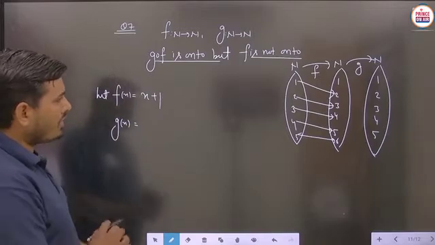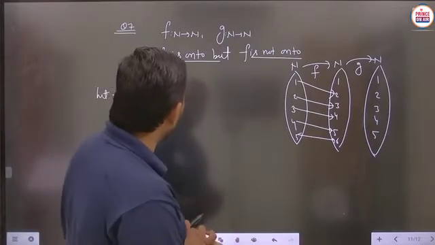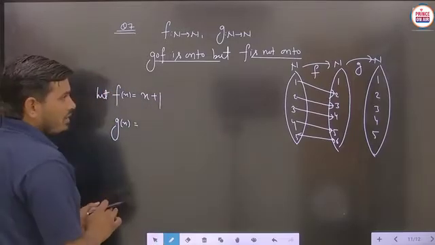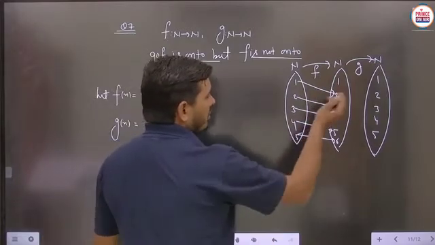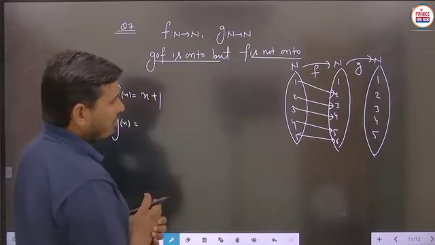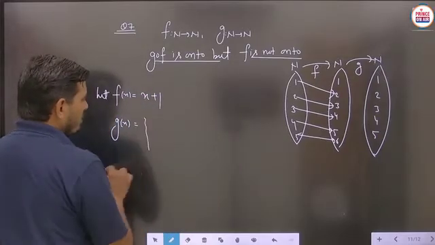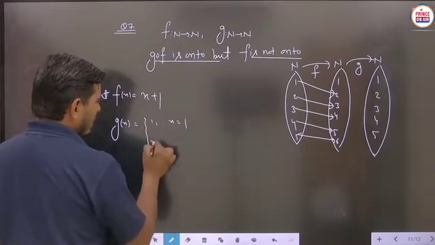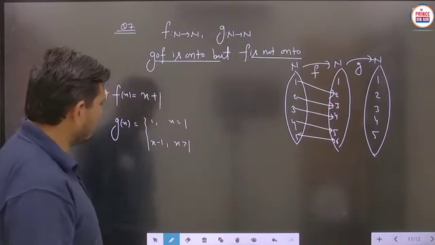So g of x, how will we take it here? Because the given question says g o f is onto, definitely you can take the important thing. Suppose 1 equals 1, then after that we have to take x minus 1, so 2 minus 1. So basically we have to take the function: this is 1 for x equals 1, and this is x minus 1 for x greater than 1. Suppose we take this situation.